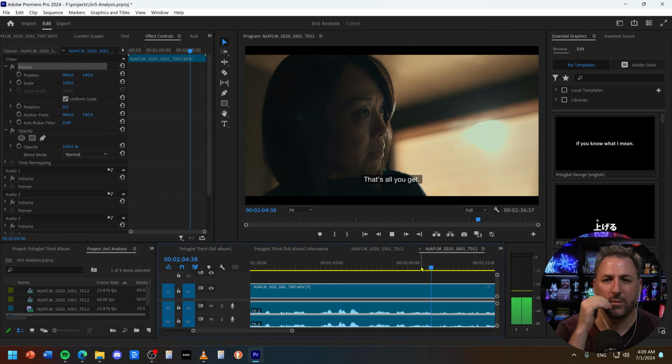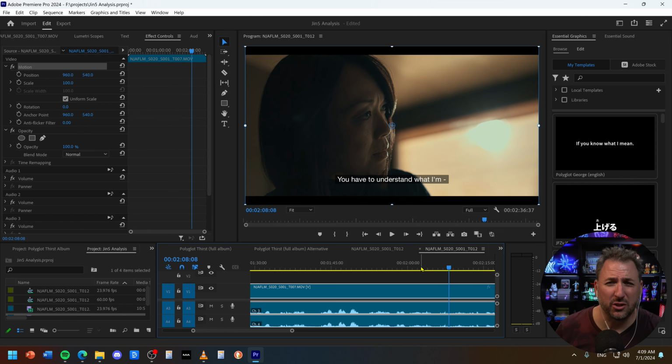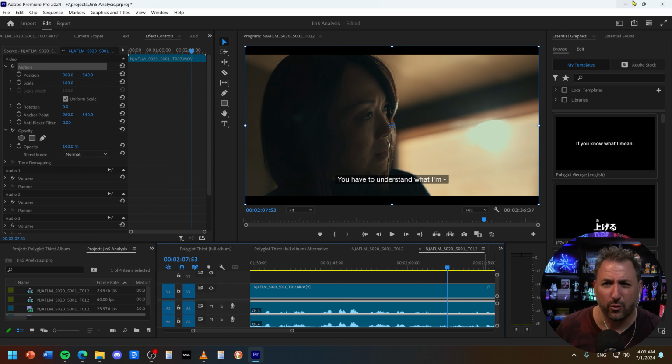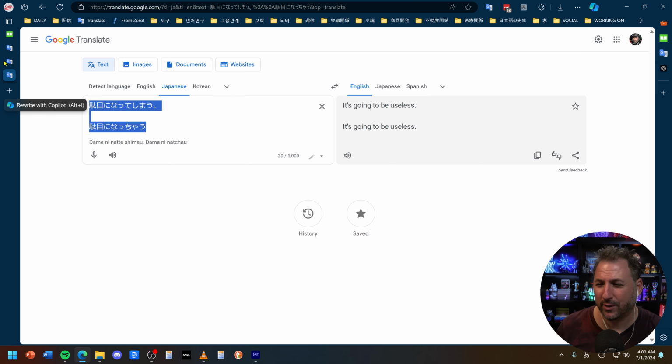ダメになっちゃう。私の言ってることわかんない。私の言ってることがわかんない。私の言ってること。